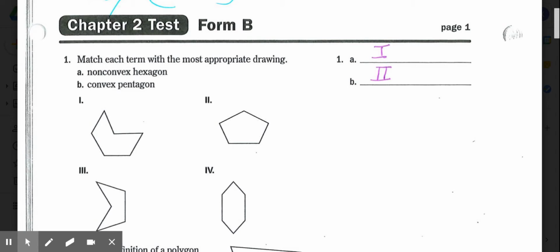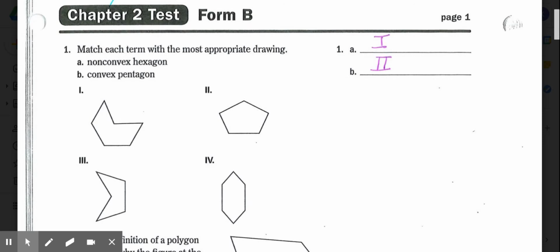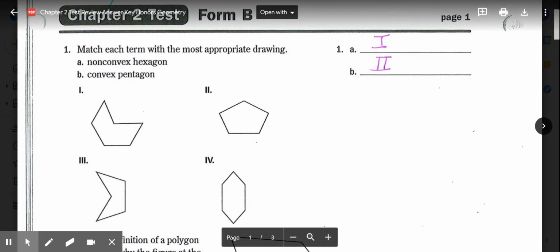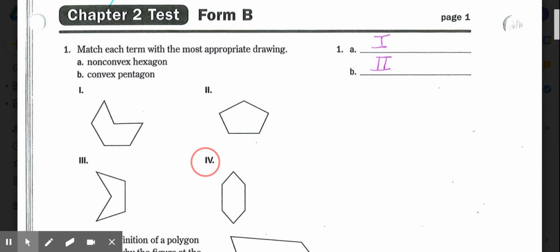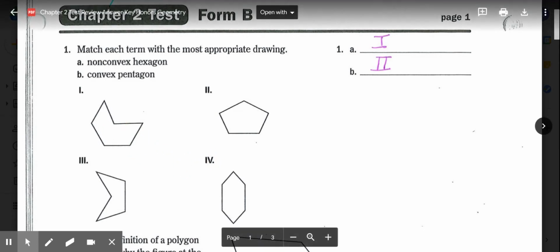Number 1 asks us to match the term with the most appropriate drawing. Part A, a non-convex hexagon. We're looking for first a non-convex figure, and then hexagon meaning 6 sides. I know my only options for non-convex would be figure 1 or figure 3. 2 and 4 are both convex. And then if I count the number of sides, figure 1 has 6 sides,